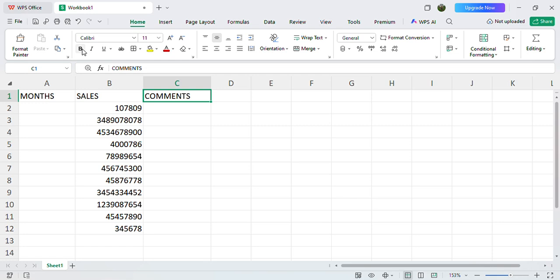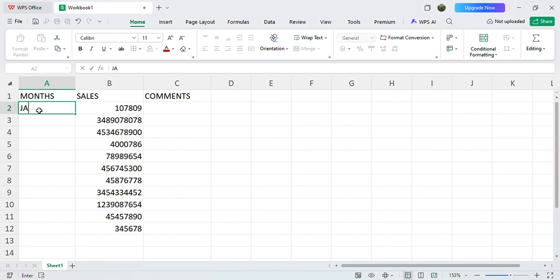Let us see how we can track maybe total sales in a given company for the whole year. We are going to have three columns. We have months, we have sales, and maybe we have the column for comments. Now, how can we fill in the table of all the column for months? Very simple, just click the cell, that is cell A2, and write the first month, that is January.